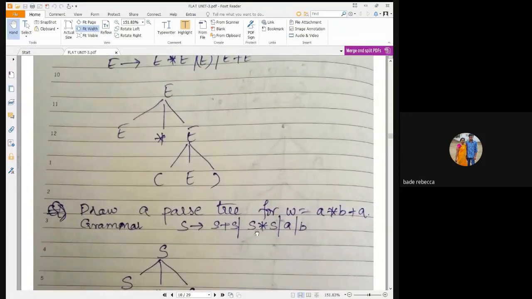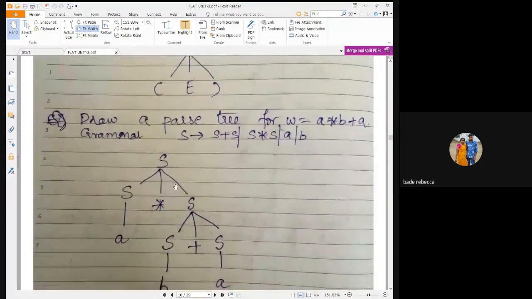First, I need to get A star B. For this, I'm starting with the production rule S implies S star S. Now see here, S implies S star S.